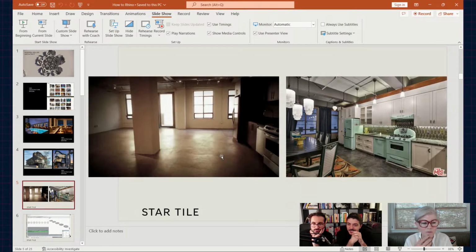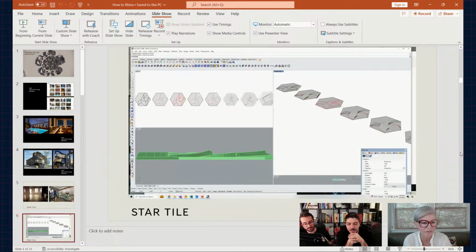This is the project where the tiles made me angry. If you look at the tiles on the right, I went to the highest end tile store in all of Los Angeles. And at the end of the day, I was like, you are kidding me. You can't do any better than that at the top of the market? Where is the passion? Where is the creativity? It's just not enough.